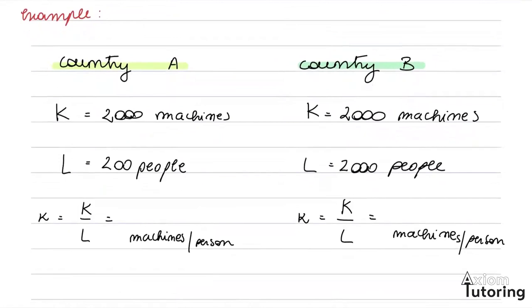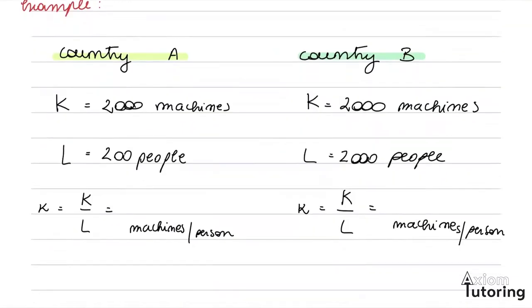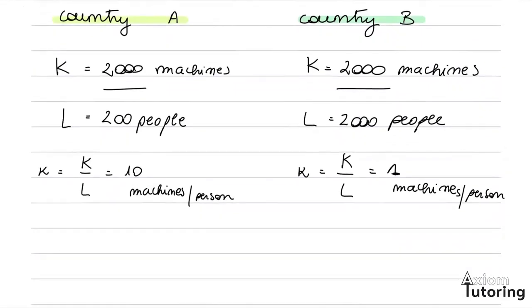However, we failed to take into account that they also have more people working. And so if we go to calculate capital per worker again, we would do for country A 2000 divided by 200, which would still give us 10 machines per worker. And for country B, 2000 divided by 2000, which would give us again 1 machine per worker. So even though in this case, output in aggregate terms would double,